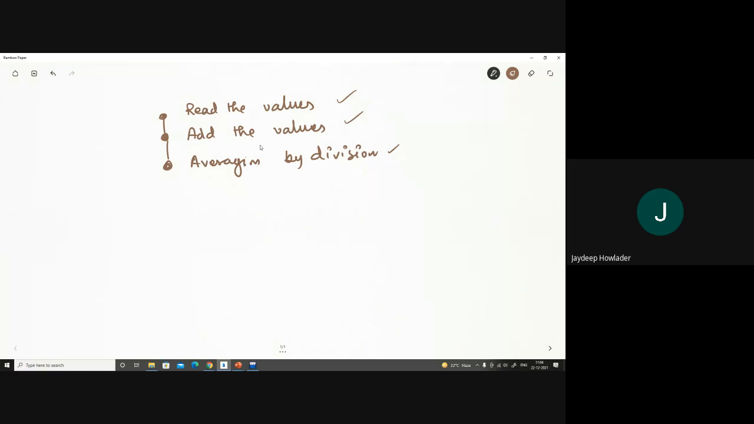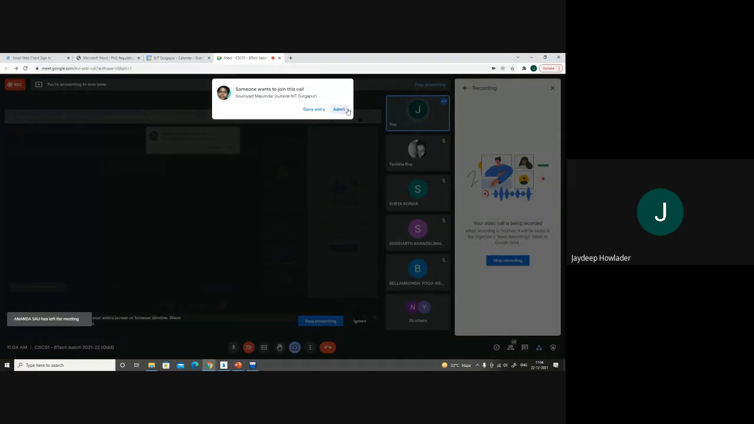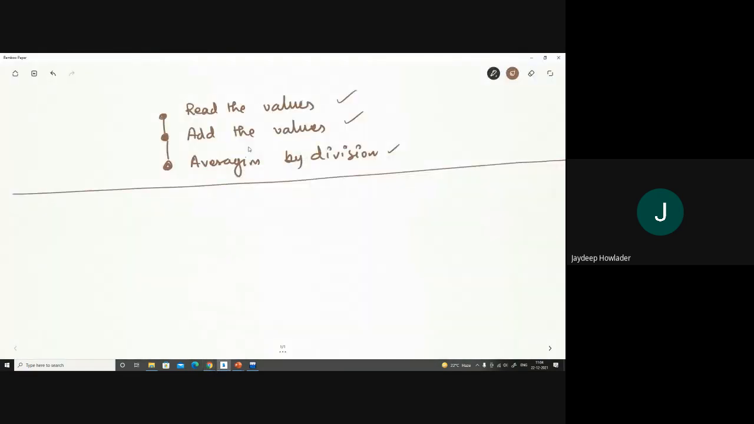Okay, but not all problems are like a linear sequence. Sometimes we have decision making. Depending on some conditions, we have to perform a set of statements, otherwise we have to perform another set of statements. So in that case, the simplest example is to find the larger number among,